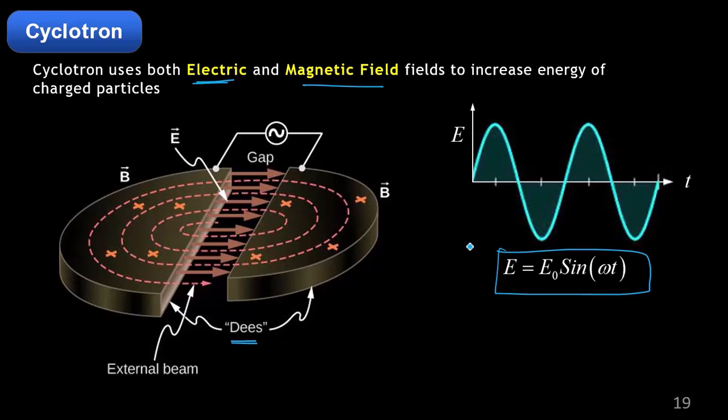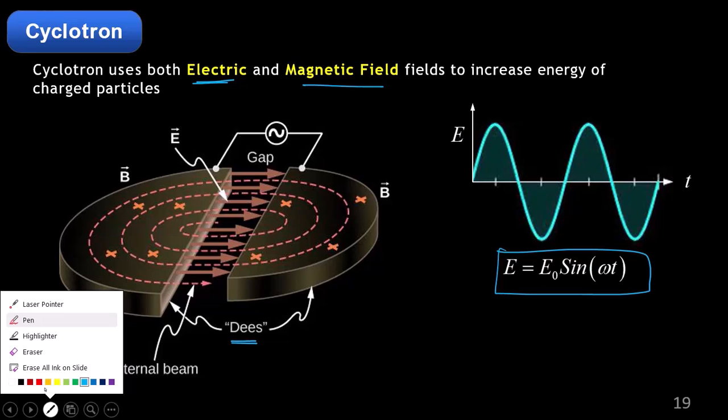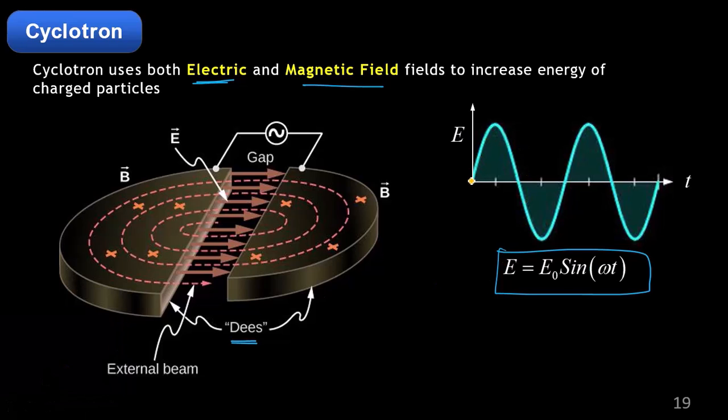So there is an AC source of electric field applied across the D's. So what is AC? AC means that every time the polarity is changed. If I say this point is the total time, capital T, then this is capital T by 2. So for half of the time period, from 0 to capital T by 2,